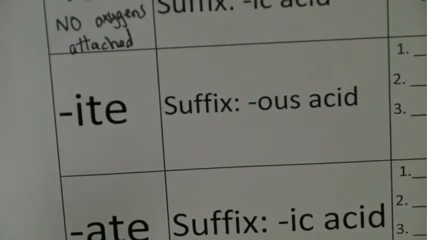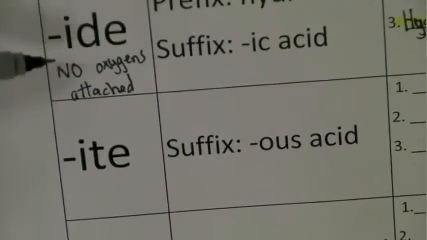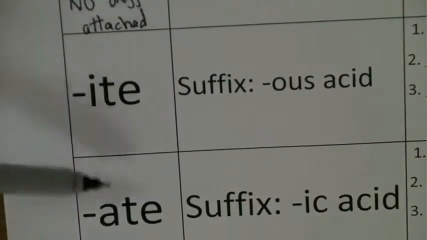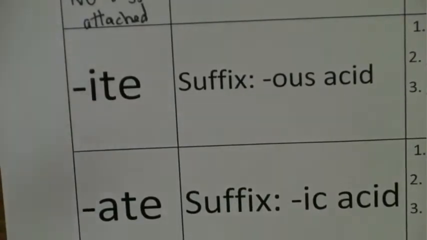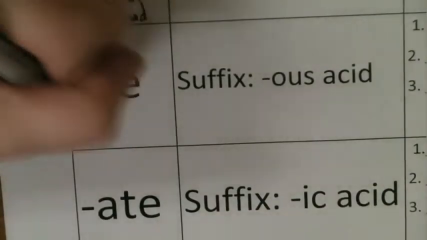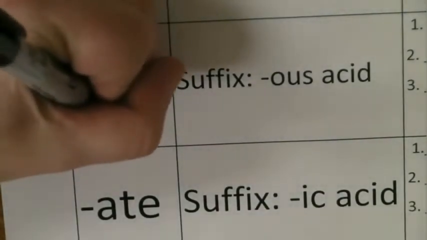But it's not easy. I'm telling you now, this is not easy stuff, okay? Next, so we took care of ide, right? We know our 3 suffixes for our anions are ide, ite, and ate. So let's talk about ite. So we know ite have oxygens attached, right? So we're going to put oxygens